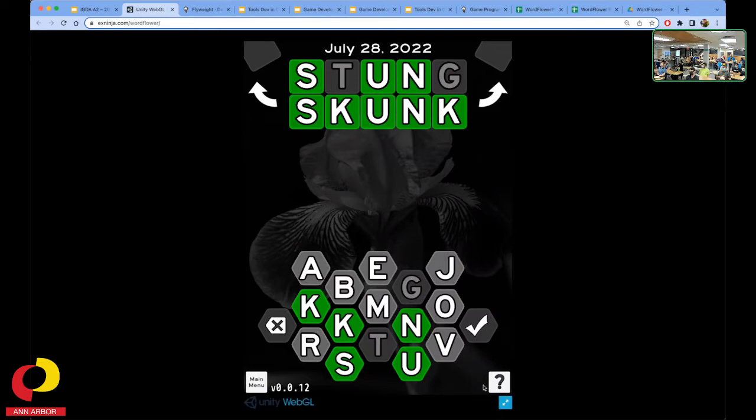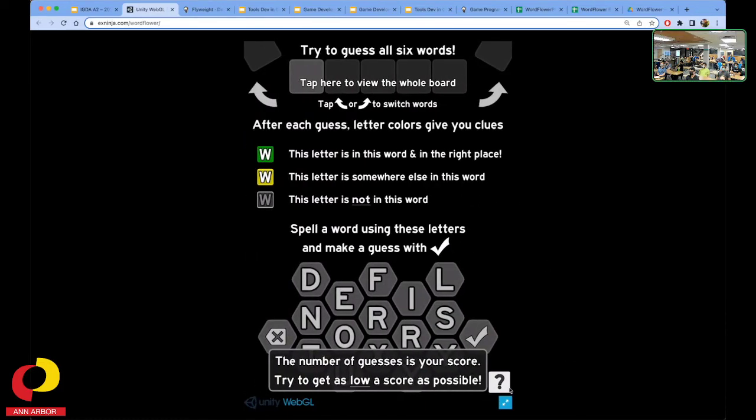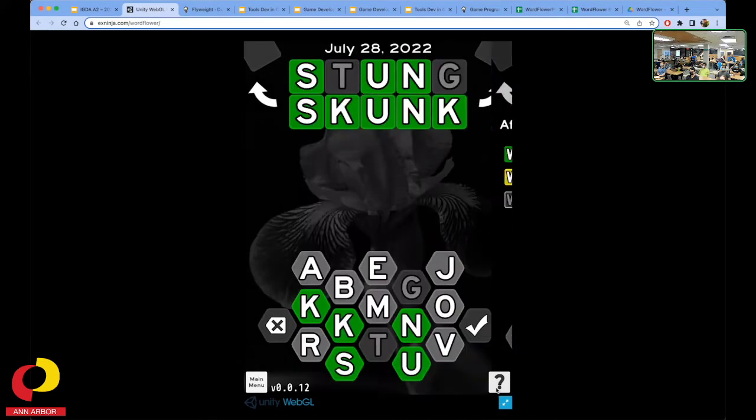I guess I should have opened this thing that shows the basics, like, hey, it's in the right place, or it's somewhere else in this word. And it's got this cool thing which you can barely see, this flower image. Every time you guess a word, it gets brighter and brighter, and then it becomes saturated after you